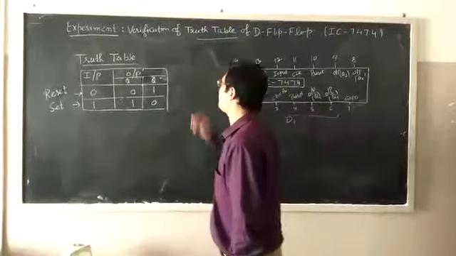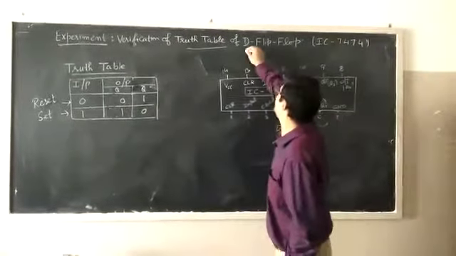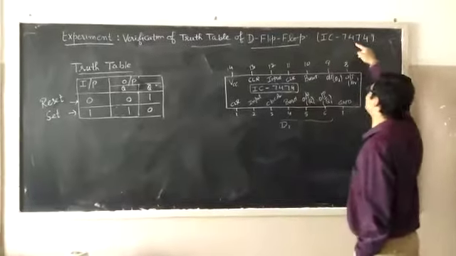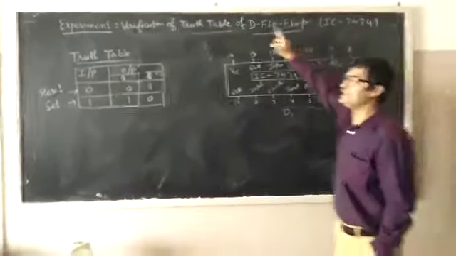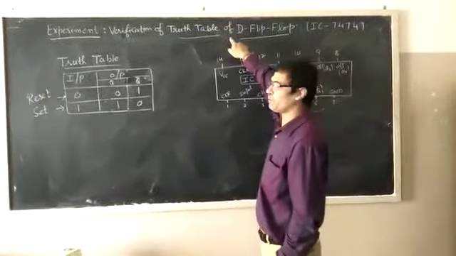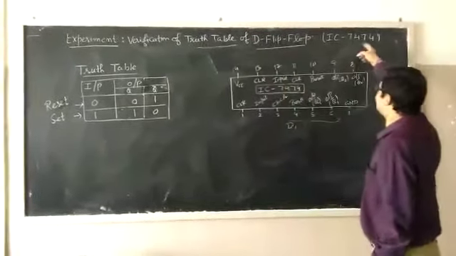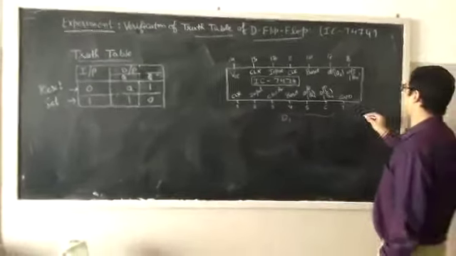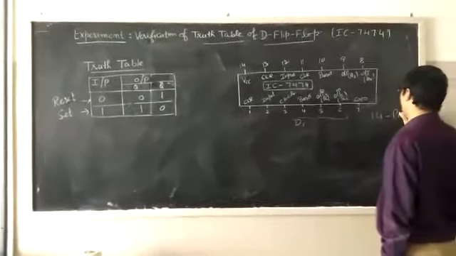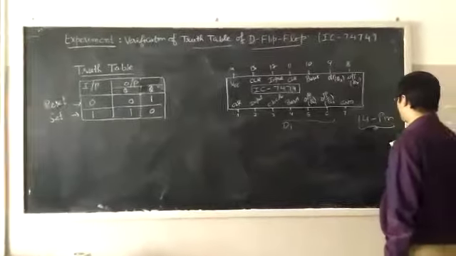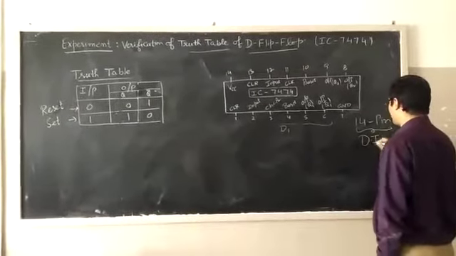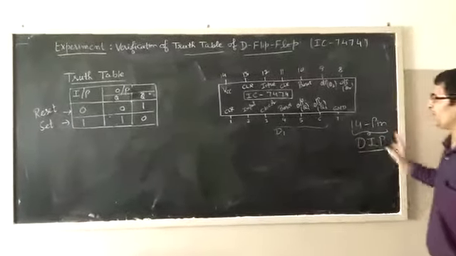Learn the experiment: verification of the truth table of D flip-flop using IC 7474. D, as I have already explained, may be data or delay. IC 7474 is a 14 pin IC, and since from the beginning I am telling you that this is a DIP package, dual in-line package,